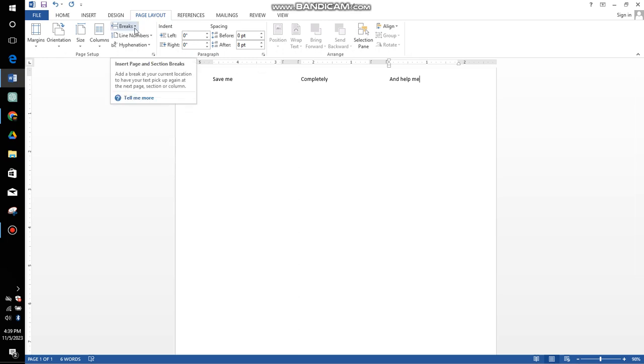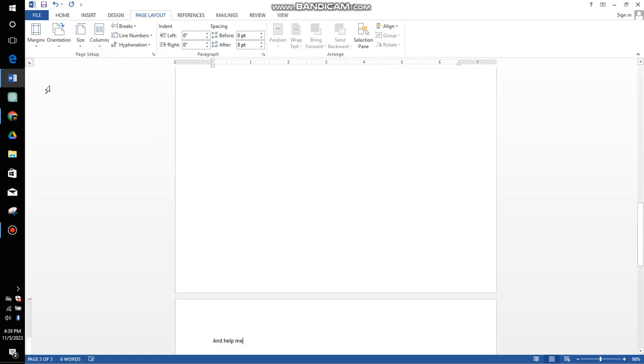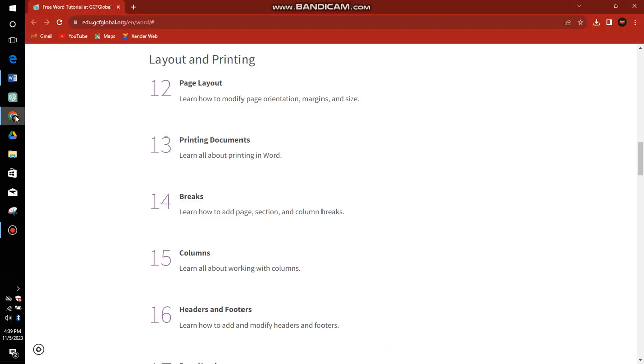Also, we have the break, we have the line numbering. I believe we come to all of this in the other outline. Now let's come back to a single column. That's the normal way of typing. Okay, now moving to our outline, it says